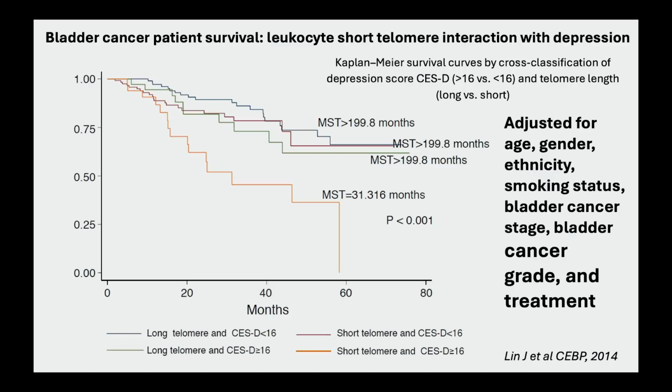Now, this one is quite striking because this is a different sort of study, because these are not healthy individuals. These are people who came to MD Anderson. Over 400 people in this study were followed, and at baseline their blood cell telomeres were measured, and also depression. If you classified them into depression or not depression, and looked at either having short telomeres or depression at baseline, that's the couple of curves underneath the very top curve, which is the no depression, longer telomeres group. But together they were quite synergistic.